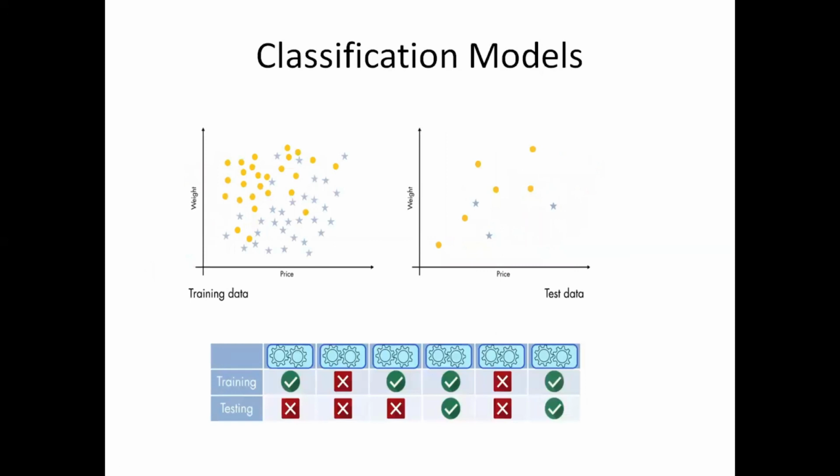As I said, whenever we develop any classification model, we need two sets of data: one set for training the model and another set for testing the model. This test data we obtain by randomly selecting a few samples from the training data, and that is kept separately for testing the model. Then we train the model using the training data, develop the model, and test it on the test data to see the performance of the model.